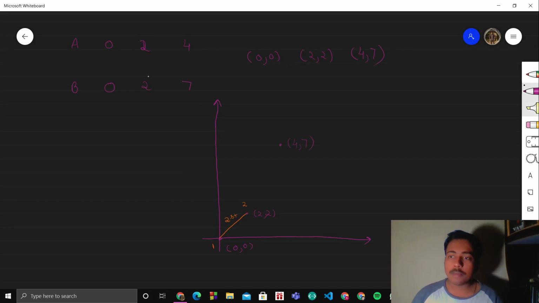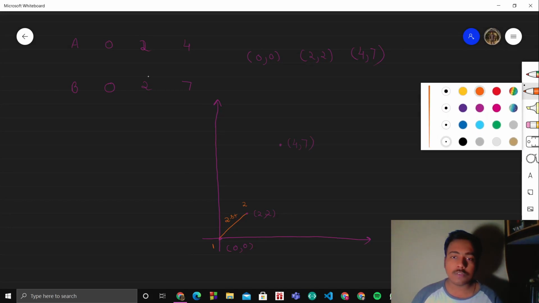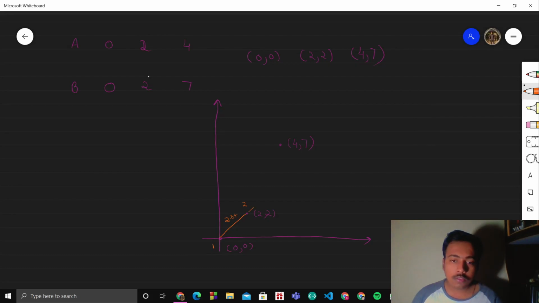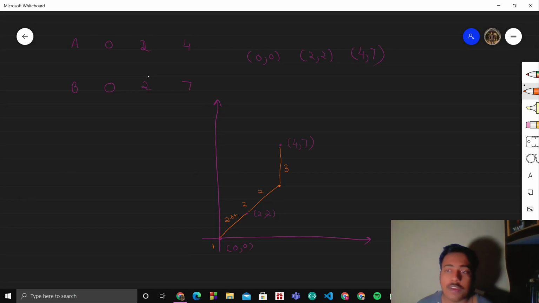Now the best way to go up till there is first we will go to 4 comma 4. If we go to 4 comma 4 over here, it will take 2 steps, and then from here we can directly go straight up, right? So it will be 4 and then 5, 6, 7. So 3 steps. Now over here, see, we didn't choose the path that was this, and the reason being that we have to follow the condition that if we are on a point A, then we can only move in these 8 directions.